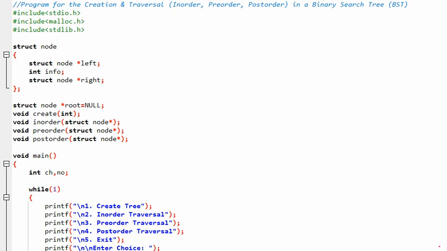Now we are discussing the program for creating and traversing the binary search tree. In the traversal, we will learn in-order, pre-order and post-order. So we know that in the data structure, we have trees just like this. If we have a tree, it contains two nodes, and now one more node is here. So if it is 7, then there we have 2 and it will be 9.